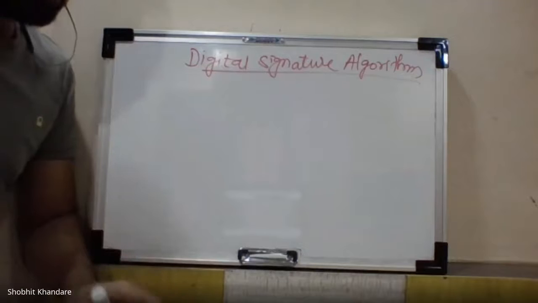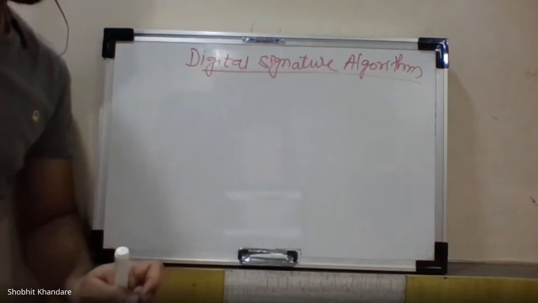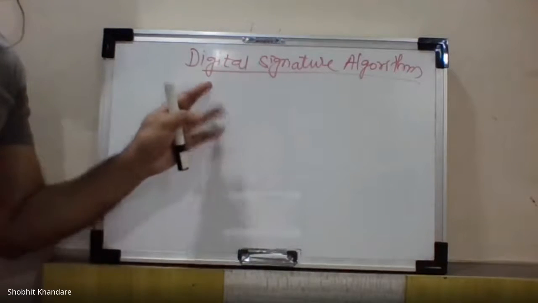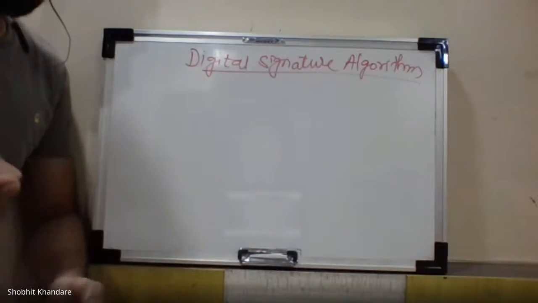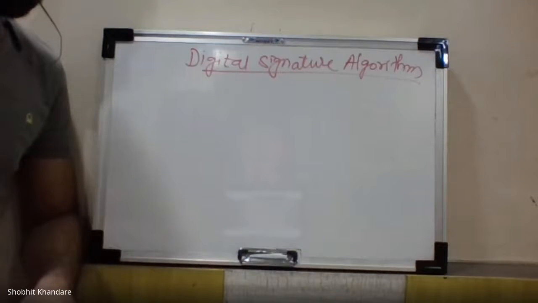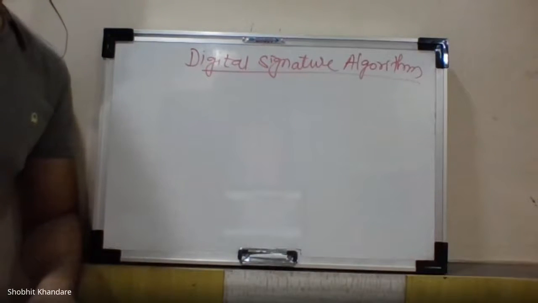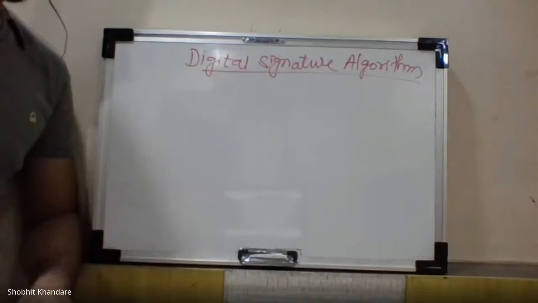have to understand only one approach, that is the DSS, digital signature standard, or it is also called the digital signature algorithm. Okay, but before that, I will briefly recap that we have already seen the cryptographic algorithm, which provides security. Then we have also seen the authentication algorithm, which provides authentication.